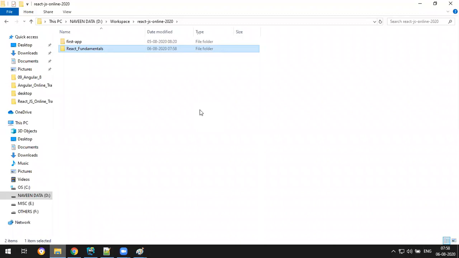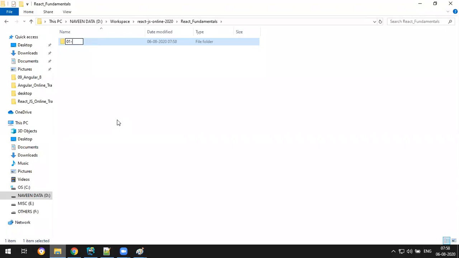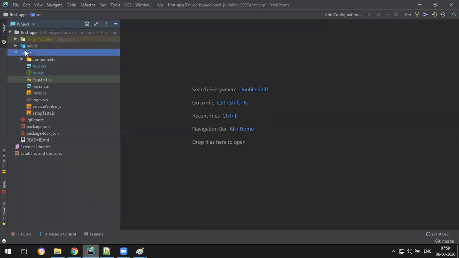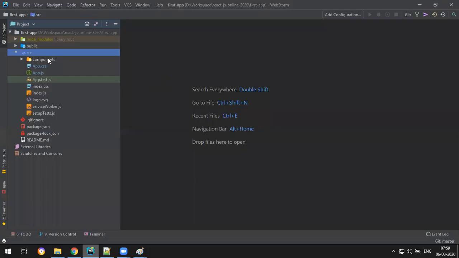Okay, this is your React fundamentals module. In that, the very first application that we discussed is 01 hyphen React first app. So inside I want the source code. I just copy only the src folder, copy and paste it. Anything else you want? That's it. We have done it only for src.